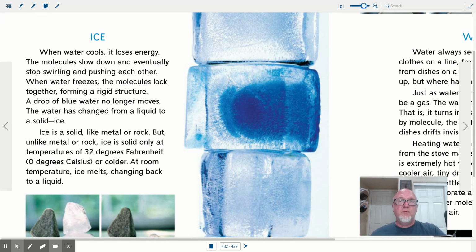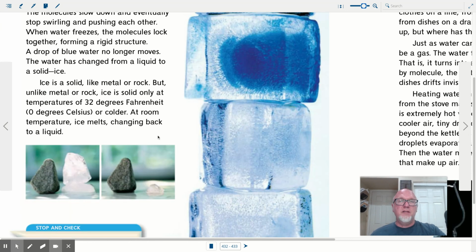A drop of blue water no longer moves. The water has changed from a liquid to a solid, ice. Ice is a solid, like metal or rock. But unlike metal or rock, ice is solid only at temperatures of 32 degrees Fahrenheit, which, when we see something